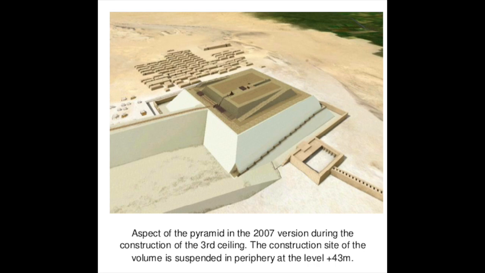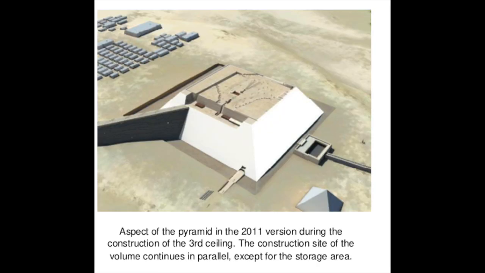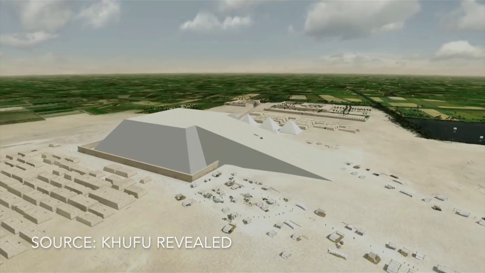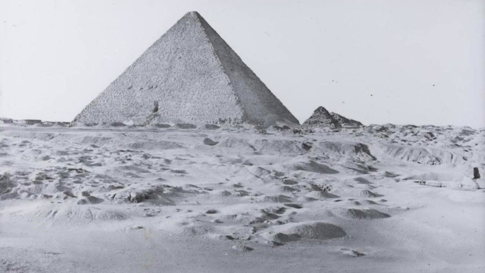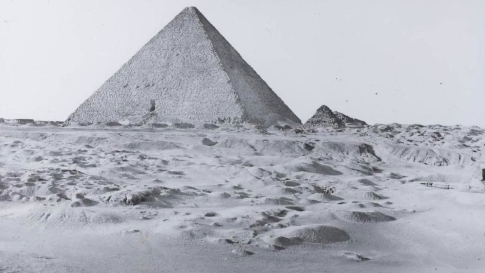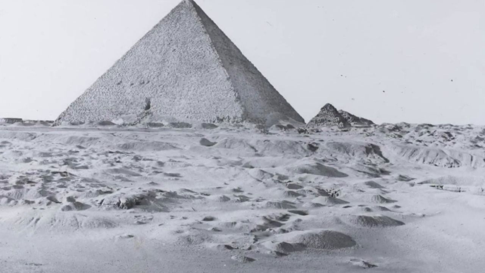Using more familiar terminology, Brier advises that if the gradient of the ramp needs to be kept below 8% in order for blocks to be carried up along it, and they keep the ramp at that incline of 8%, and make it long enough to reach the top of the designed pyramid height, then this ramp would be miles long, and the volume of material used to create such a ramp would rival the Great Pyramid itself.